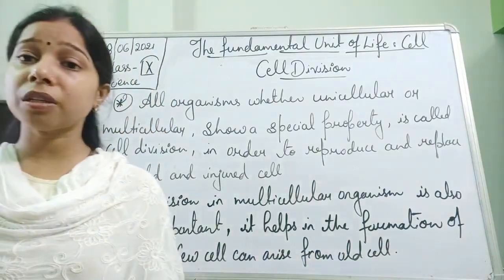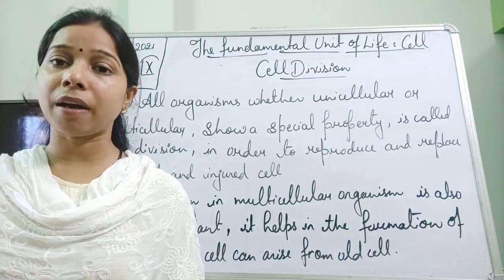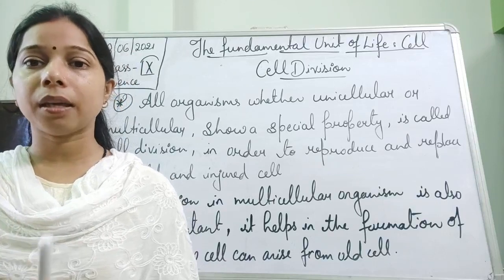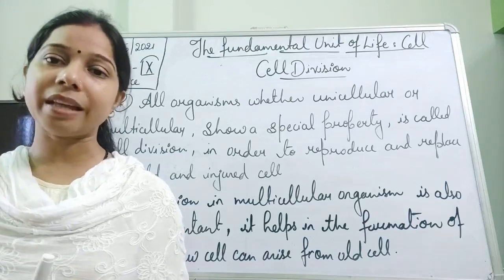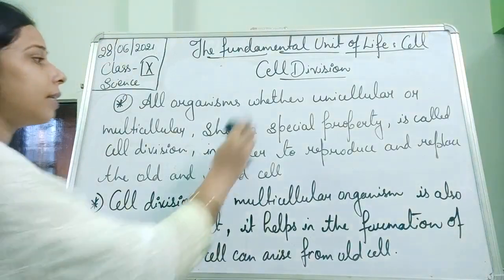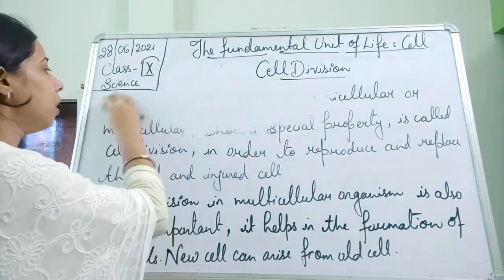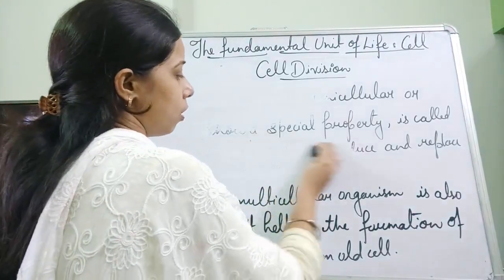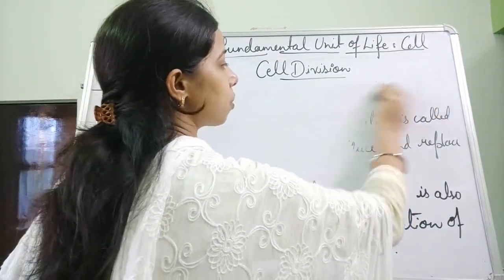Okay, so this is cell division in which the old cell divides and gives the formation of the new cell, and it is important since it helps in reproduction, and in the formation of new cells, which help in replacing the dead and injured cells. Now basically cell division is divided into two types. The first one is mitosis and the second one is meiosis. So let us see what is mitosis and then we will try to understand meiosis, students.